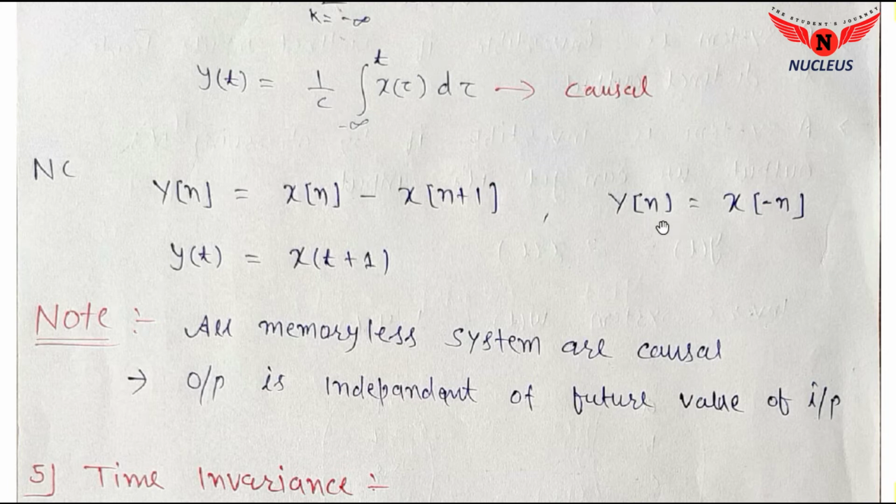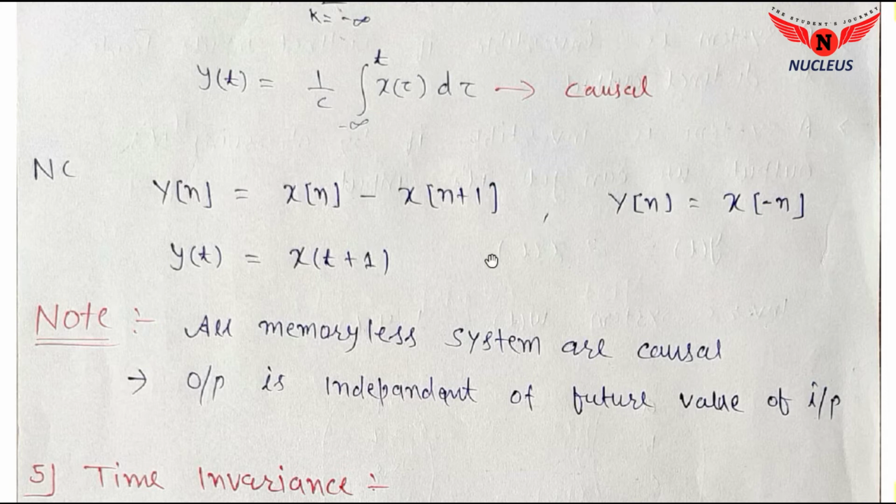And another example is y[n] = x[-n]. When you put n equal to -1, y[-1] equals x[1]. Okay, so when n equals -1, the output depends on x[n] at n equal to -1 plus 1, sorry. So it depends on the future value of